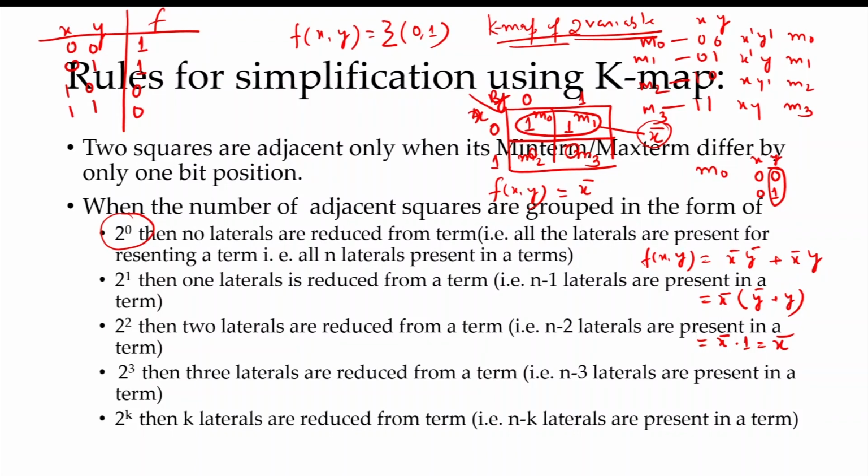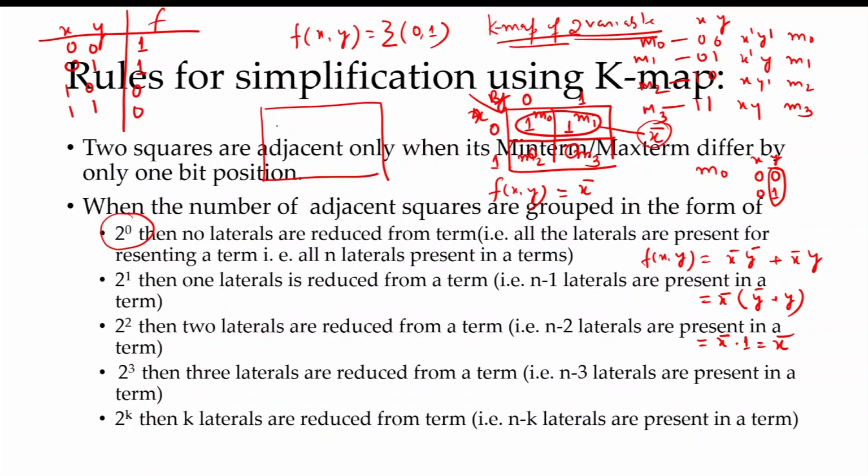Suppose the function is given here, in simplified form, and here this is 1, this is 1. Since these 2 squares, as this is A and B, with 0 1 0 1, we see that this min term is 0 and this min term is 3. When we see that this is 0 0 and this is 1 1, and compare the values of these two terms, nothing is common, both bits are changed, not a single bit change. This means both min terms are not adjacent.